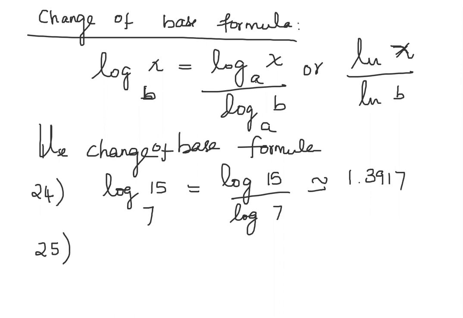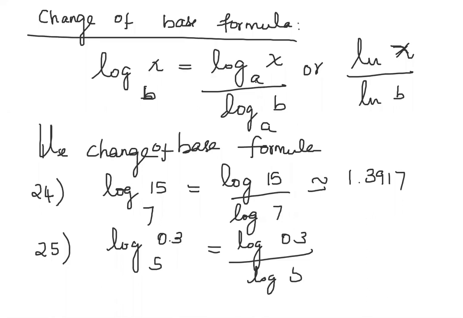And number 25 is log 0.3 to the base 5, which is log 0.3 divided by log 5, and then you can enter on your calculator again. So it's going to be